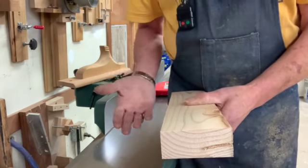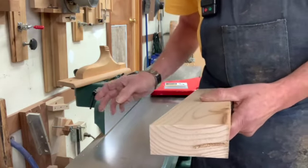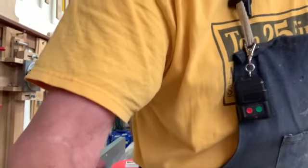So a jointer is in no way a substitute for a planer. It can only flatten the surface and it can only straighten an edge. So let's go to a planer. My planer happens to be right here. So we're going to rotate you around